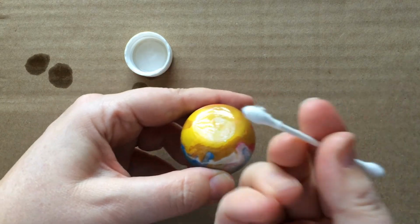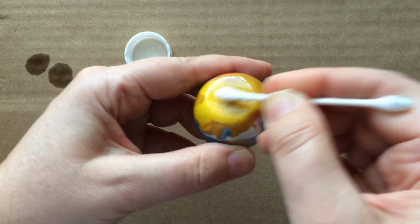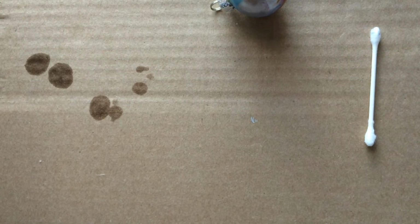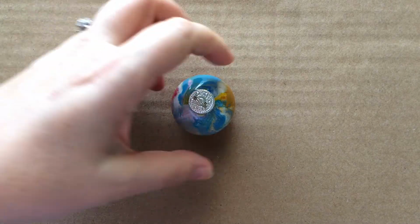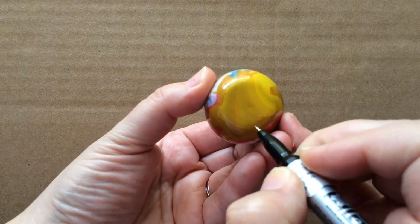And I'll use the other side of the Q-tip to dry it. Let that sit for a minute. Alright, I put my glasses on this time. And we're just